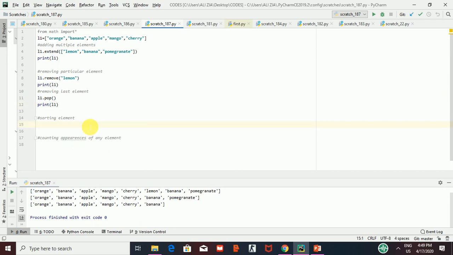Now the fourth one, that is sorting of elements. What to do if you want to sort the elements? By default, sort will work in ascending order. It means that if you haven't specified a type, it will put the fruits in the order of the alphabet, A first, and similarly A, B, C, D till Z. Now I have to do sorting.